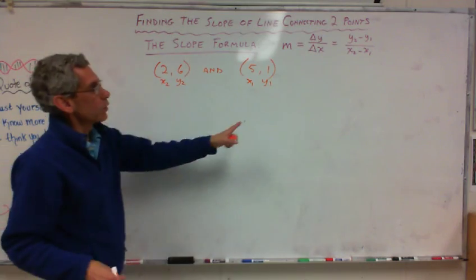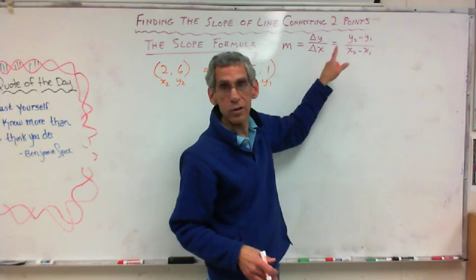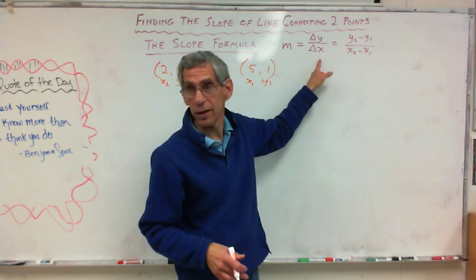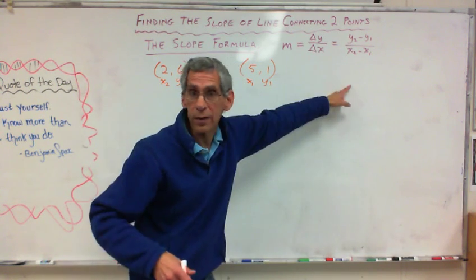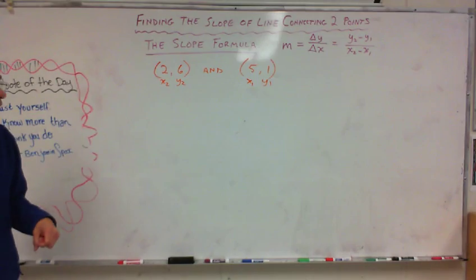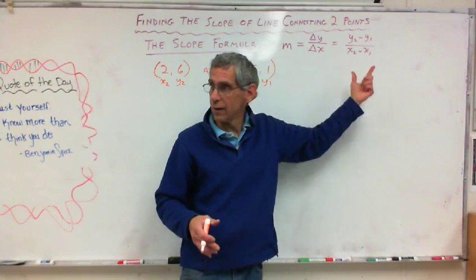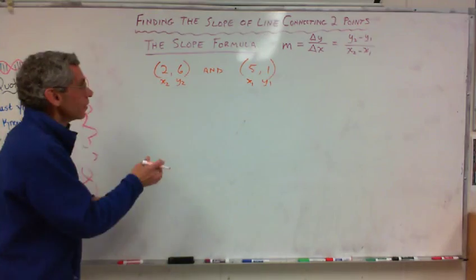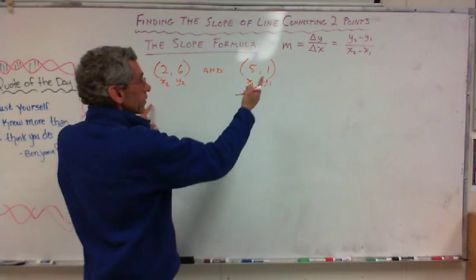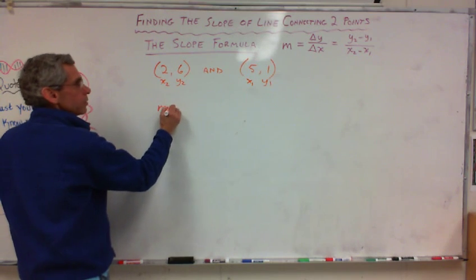Now, I'm doing it right now using this method, and then I'm going to show you how I use this method, okay? This is so much easier. But it's the same thing, really. It's just there's a lot of 2's and 1's in this one, right? You don't have to memorize all that stuff. But if I did this and followed this formula exactly, it'd be m is equal to